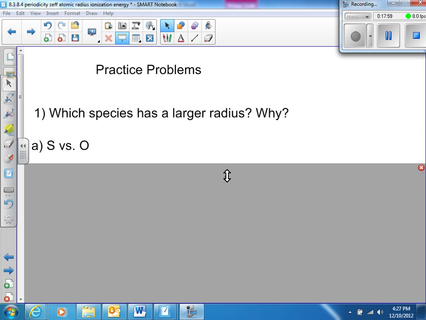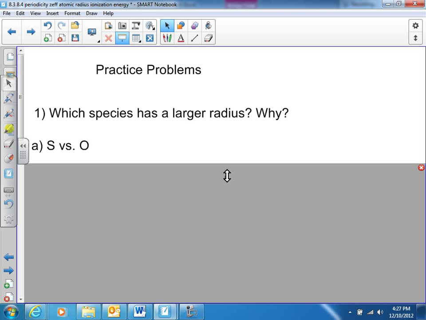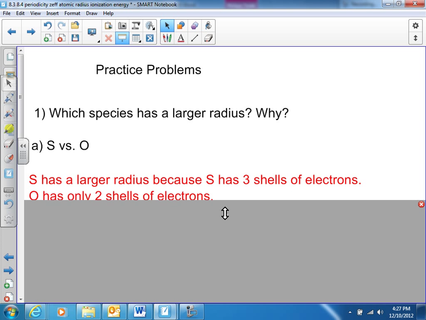So, practice problems. Which has a larger radius and why? If you want to pause right now, you can. Otherwise, I'm about to show you the answer. We're going to look at S versus O. You find where these are on the periodic table, and you look where they are in comparison to one another, and you should notice